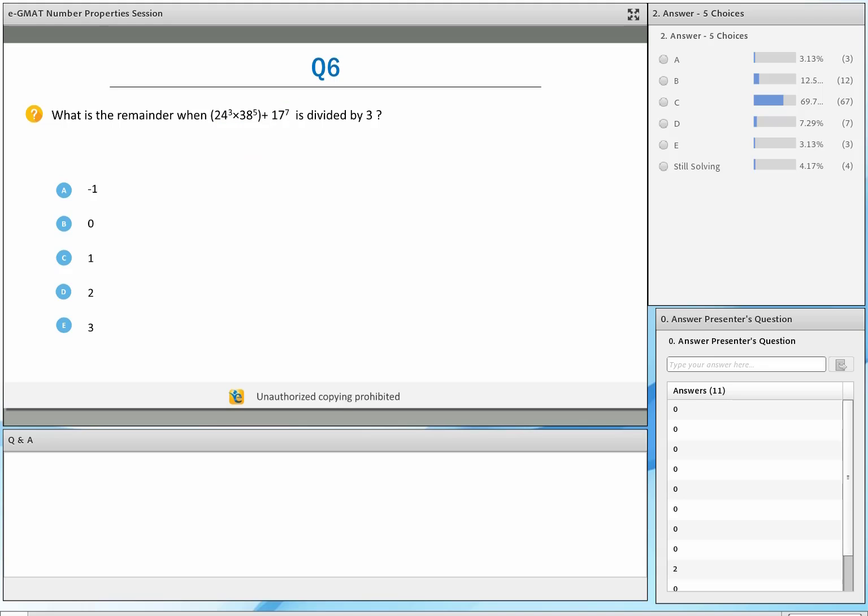by 3? And let me give you a little bit of a tip here. Because you focused your energy on observing this, you were able to simplify this question into very simple terms: what is the remainder when 17 raised to the power 7 is divided by 3, right? Because this thing contributes the remainder 0. So you ended up simplifying your question statement extensively. That's the power of observing what's given to you. And again, this is a skill which is very handy when it comes to data sufficiency questions. Okay. All right. Go ahead and solve this.